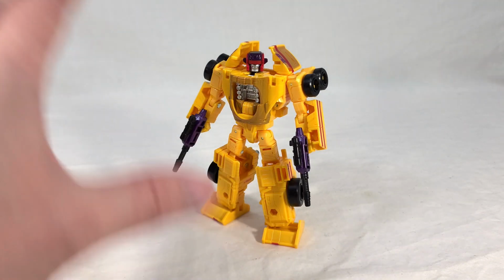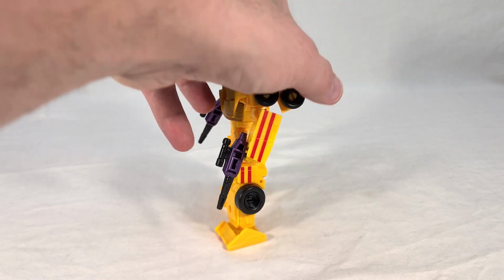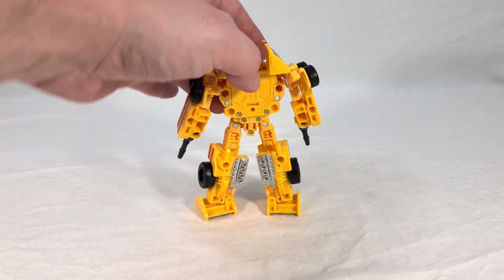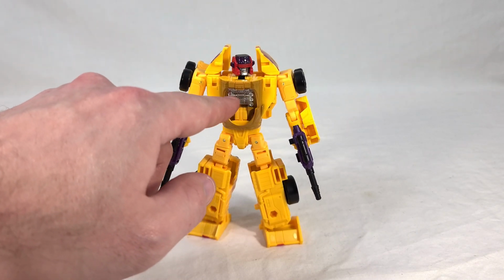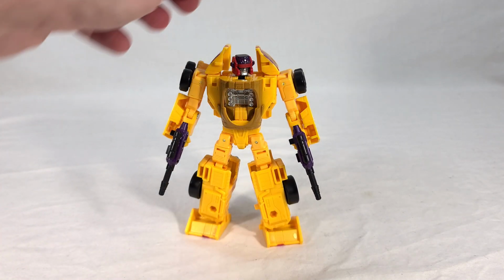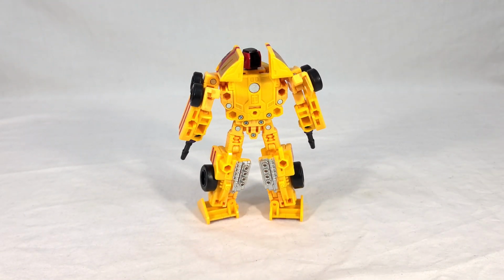But most of it comes together pretty nicely. It's when you turn them around that the entire thing starts to fall apart. So you can see he's got what's supposed to be the vehicle engine right here in his chest, like he should, per the design. But the vehicle engine's actually on the backs of his legs,